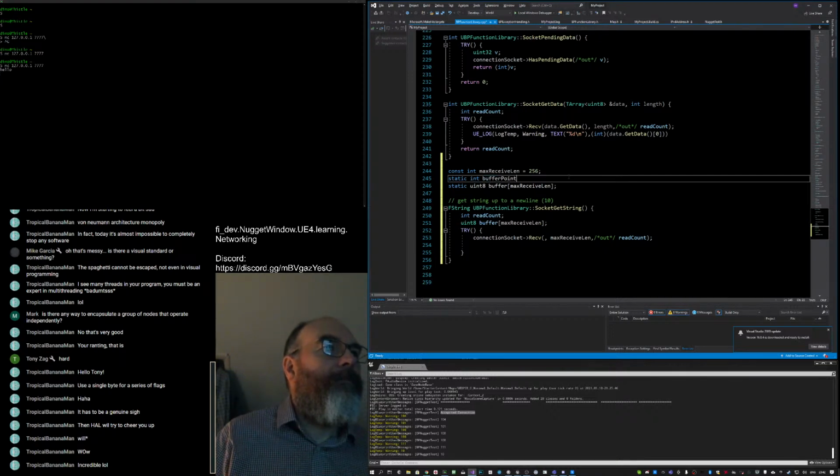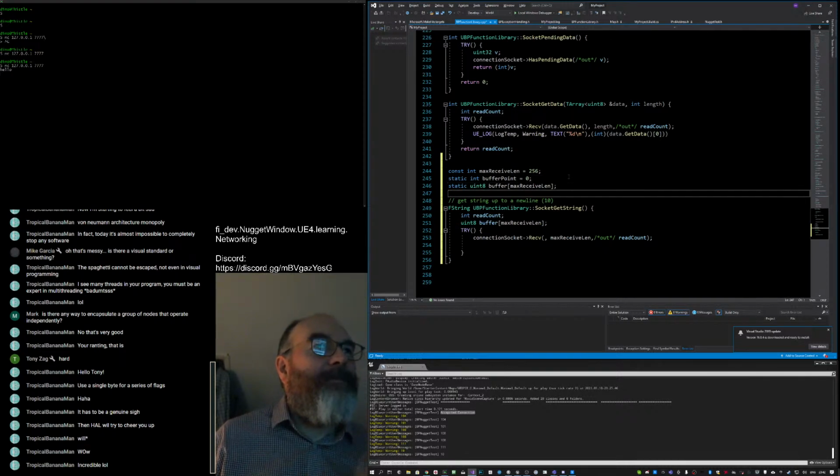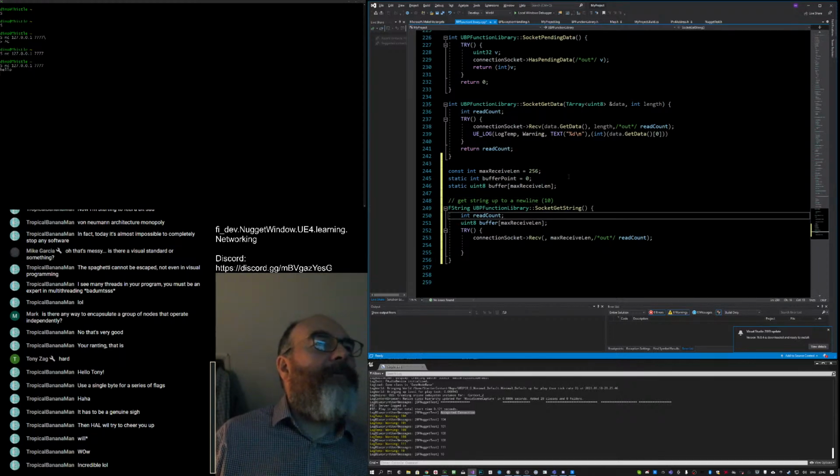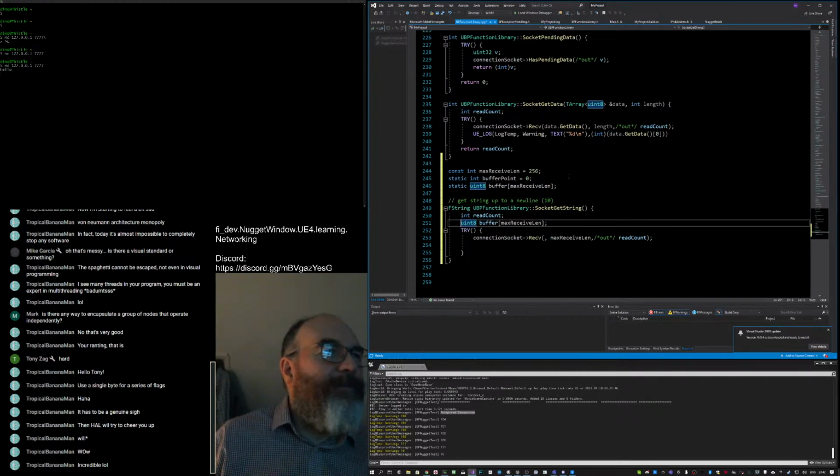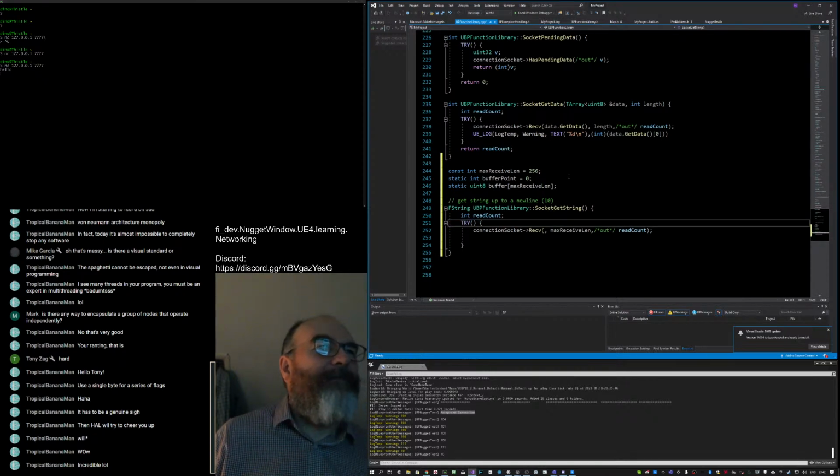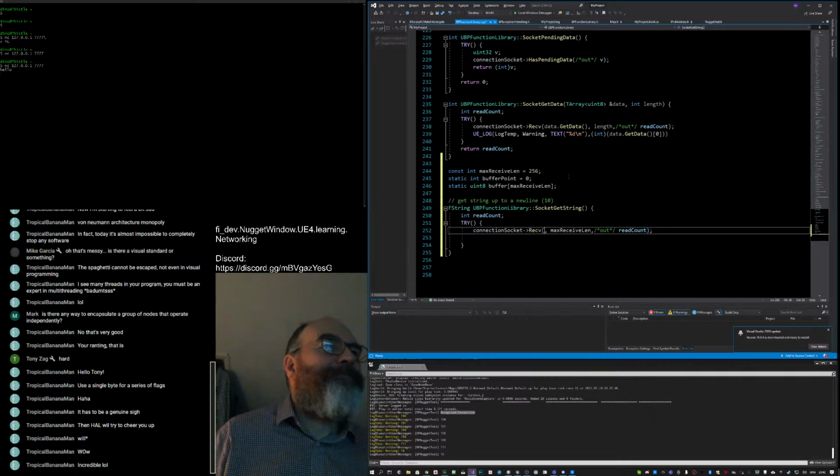I've got an integer called buffer point. That's really unnecessary, it will be 0 anyway, but it's 0. And I'm just going to try something out here. And this I'm going to get rid of. I don't like that. Now, what's going to happen is I'm going to pass in the buffer